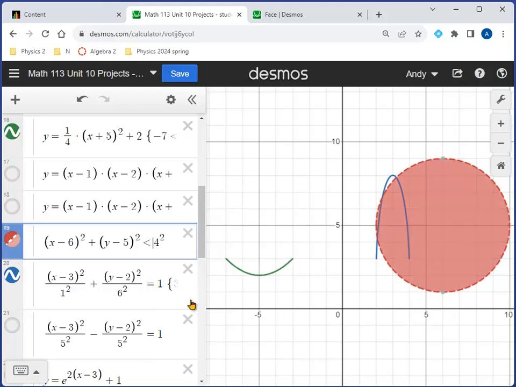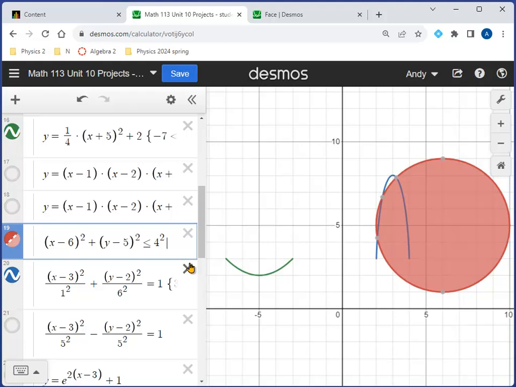I might make the smaller one here, so it's totally shaded, that's what I wanted. But if I put a less than or equal, there we go. So now the perimeter is in here as well, or the circumference. And again, if I wanted here, I could say I go one over, and I'm going to say, okay, only